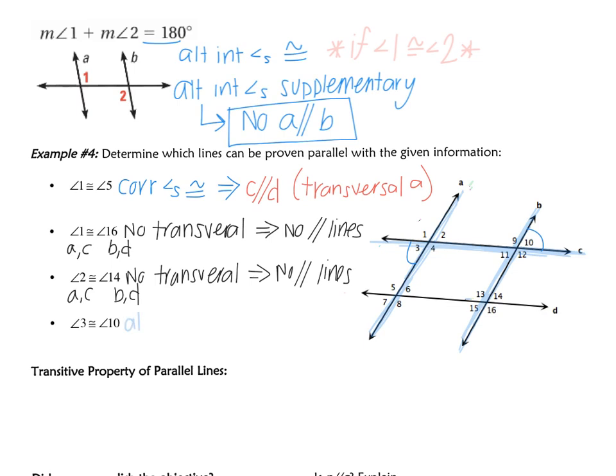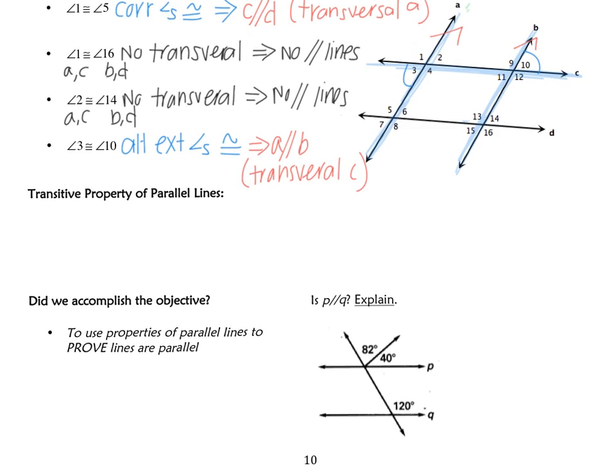So these are the alternate exterior angles, and they are congruent. That's what I'm being told. So that tells me, since they are congruent, that A is parallel to B, and my transversal is line C. Okay, I got my two now parallel lines. I'll put the markings with C as a transversal. If you have questions on that, we can definitely go over it in class, and then we will review that for you. Last property we have,